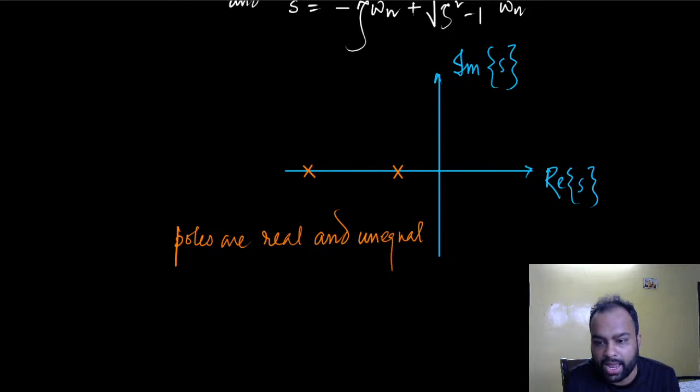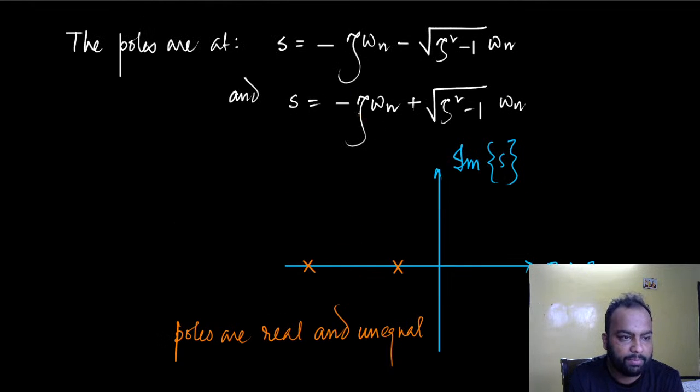So the poles are real and unequal, and of course both negative, right? Because this is negative understandably, as both of these quantities have a minus sign. And this is also negative understandably, because look very carefully that zeta omega n would be larger than root over zeta square minus 1 omega n, right? Because